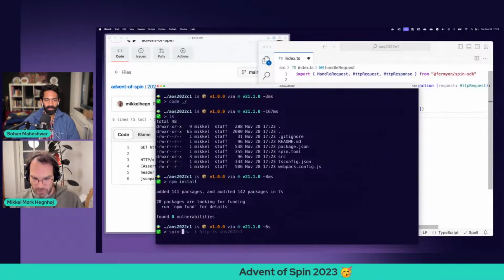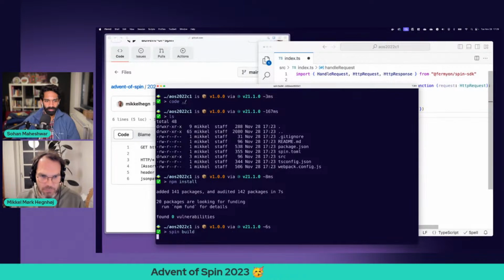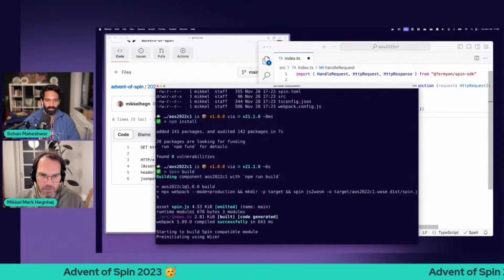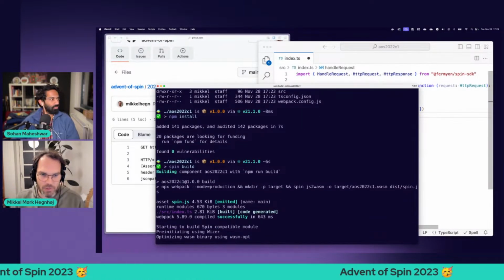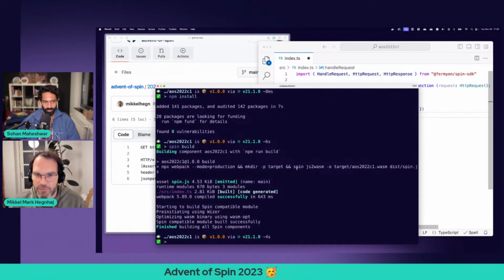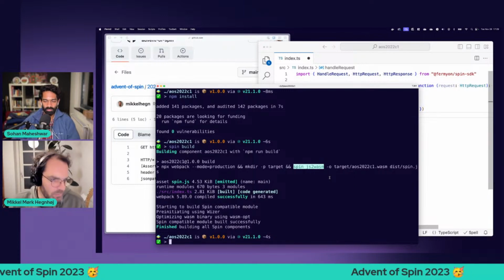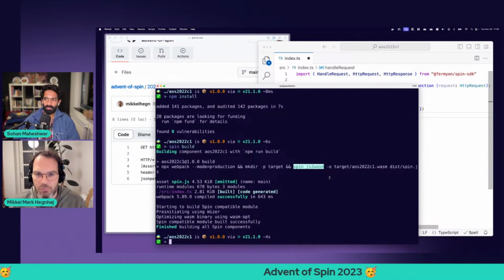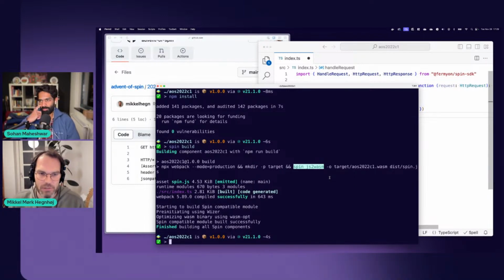So what we need to do now is spin build this one. And now we're going to run all these. So we actually have this JavaScript to WASM plugin that we built for Spin, which is how we create the WebAssembly components out of JavaScript. Basically, there's a well specifically defined